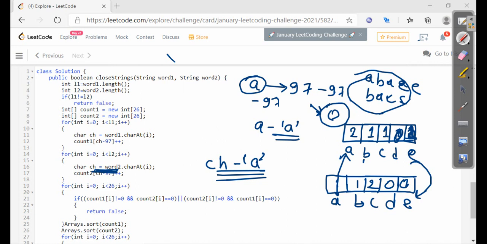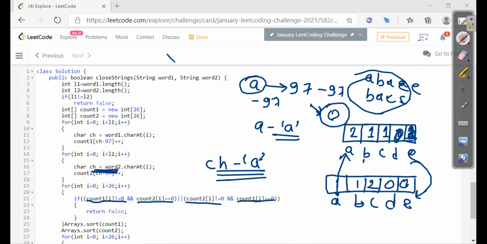So in that case it should return false. That's why I have written count1 not equals to 0 and count2 equals to 0, which means it is present in the first array and not present in the second array, or count2 not equals to 0 and count1 equals to 0, which means it is present in the second array but not present in the first array. In that case we have to return false strictly.